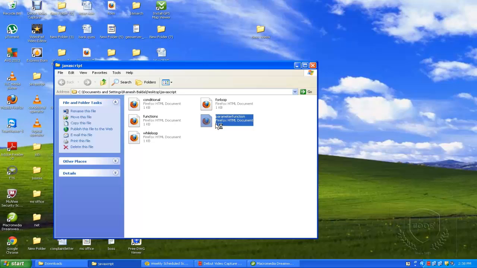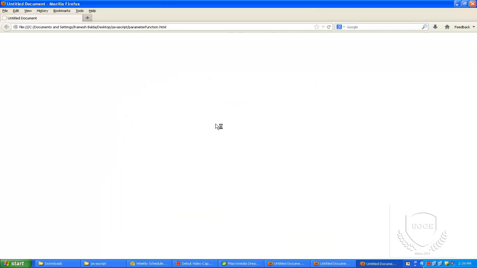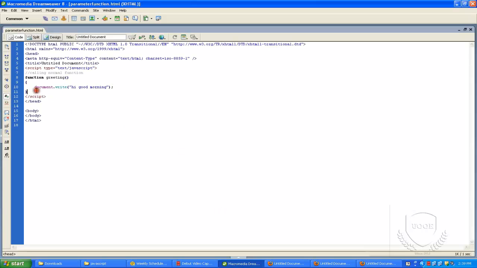After completing the basic introduction to the function, we are going to discuss functions with single parameters and multiple parameters. I will show you how to pass parameters to the function, which we can also call arguments. So if you see here, you can't find any output because we are not calling this function. Suppose if I want to call the function, directly we can call it with the function name.